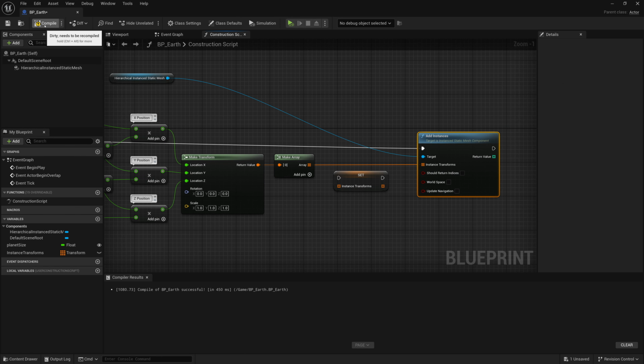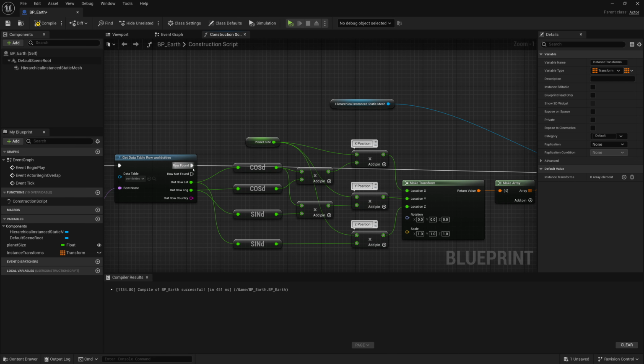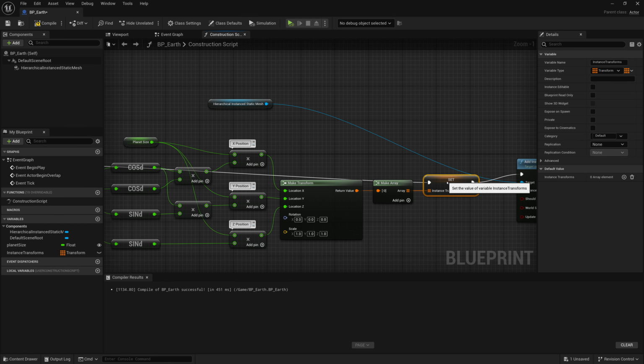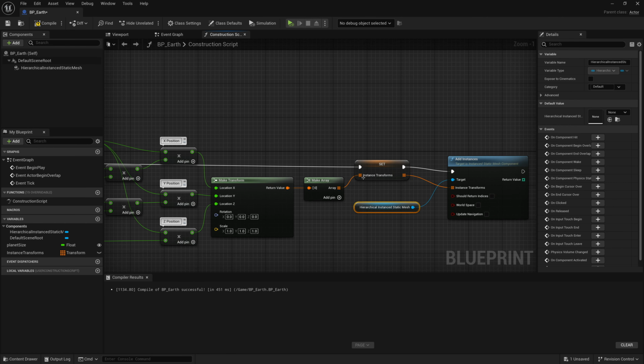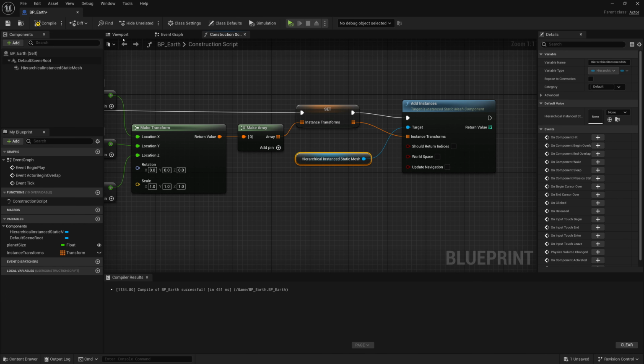But if we look at this right now, if we click compile, again, 487, 452, 451. If I connect this up, I don't think that should hurt the performance if you did need to do that, but we'll test it out just to make sure. So if we connect that in there, maybe I'll restructure some of this graph to be a bit nicer. There we go. If we compile this now,